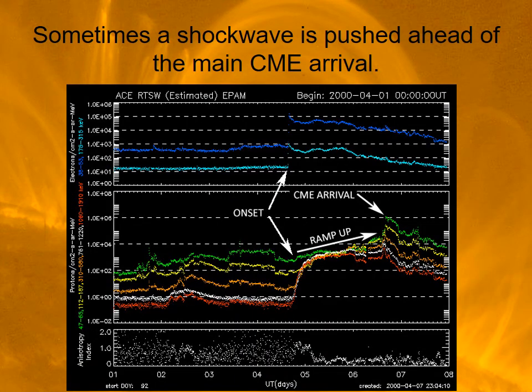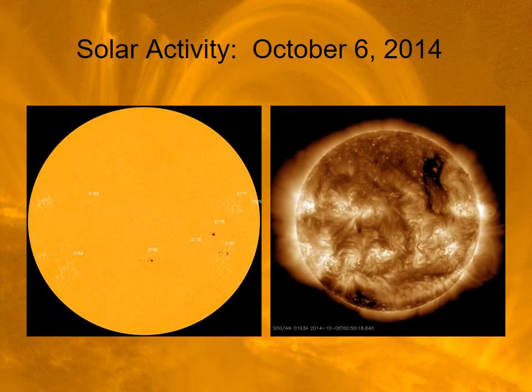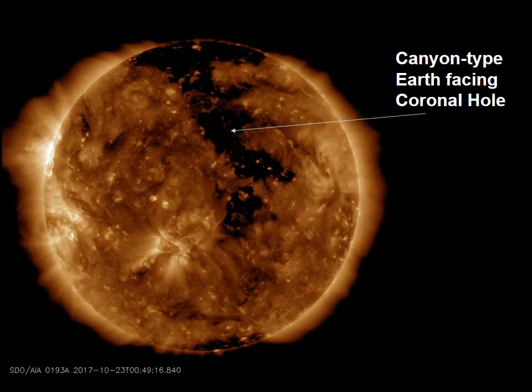The other thing that happens is that as the coronal mass ejection is coming towards us, it's shoving solar wind particles, which are already out there, ahead of it. So you sometimes have radiation meters in space pick up a ramp up of radiation right before the coronal mass ejection arrives. That's another impact we have. Solar activity varies. Sometimes you don't see a lot of solar activity, sometimes you see more.